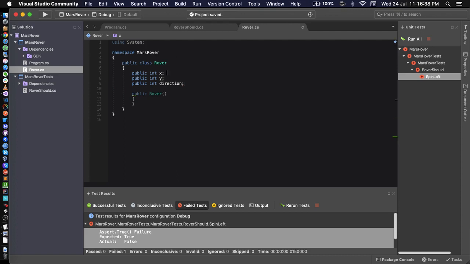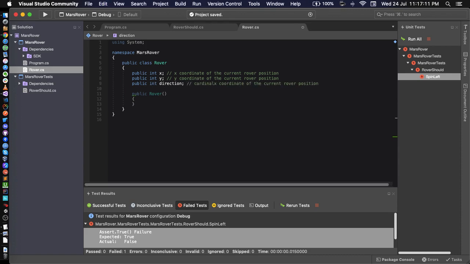If I can add some comments here, I would say x coordinates of the current rover position. And I could actually just copy this. Keyboard is your best friend as a programmer. Y coordinates of the current rover position. And then this would be